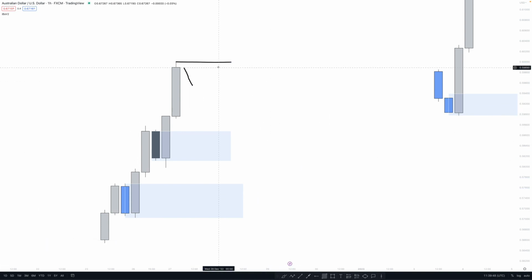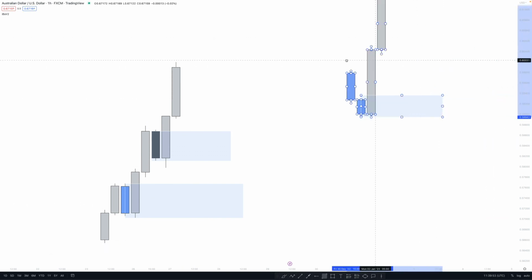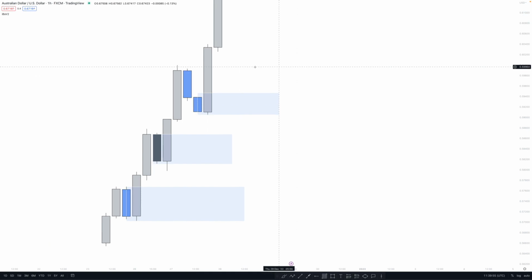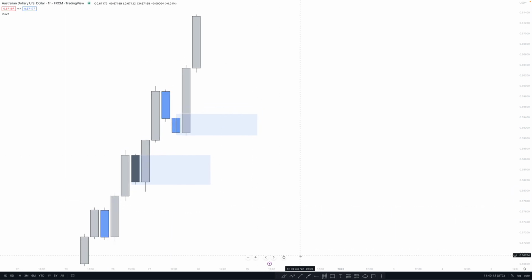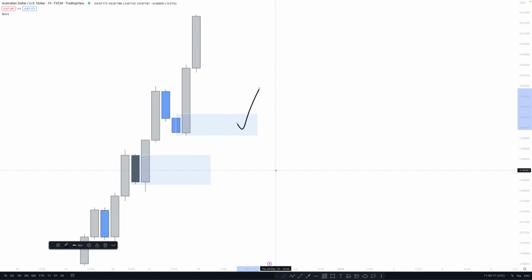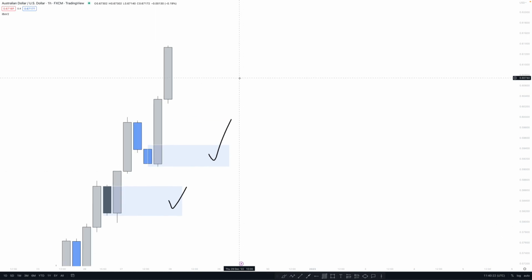But what happens when price action breaks again? What happens when price again makes a retrace and breaks again? Right now, this is not a double confirmation entry anymore. We are forgetting about this order block. It doesn't exist. And right now our new momentum or hybrid high probability entry order block is this one, and our new double confirmation entry is this one. Okay, and it happens all the time.